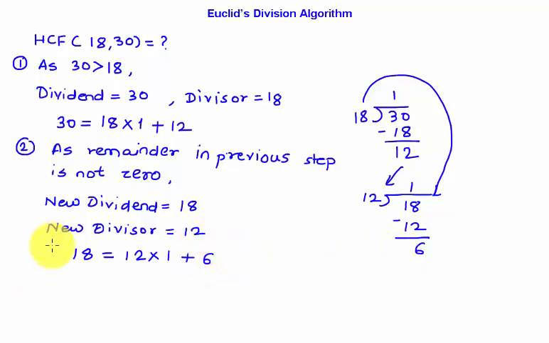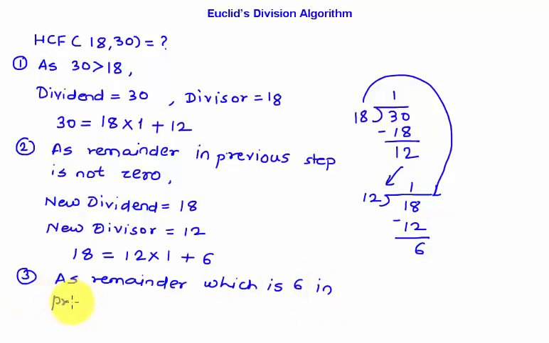Again you can see in this step the remainder is not 0. So as the remainder, which is 6, in the previous step is not 0,